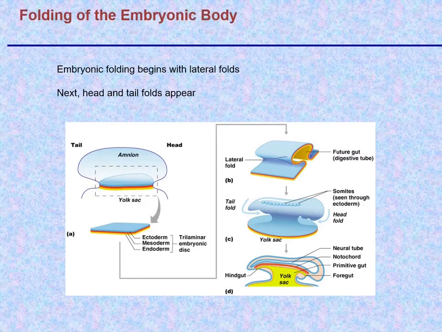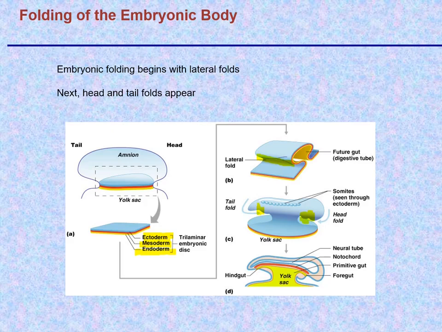Very early on, the embryonic body I described before, which is differentiated into these three layers, ectoderm, mesoderm, and endoderm, during gastrulation, starts to fold. And you get folding along the length in that direction and on the opposite side. And then you also get a folding in this area here at the front end,